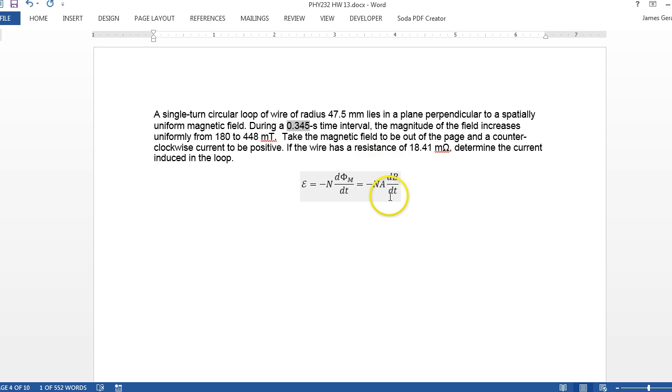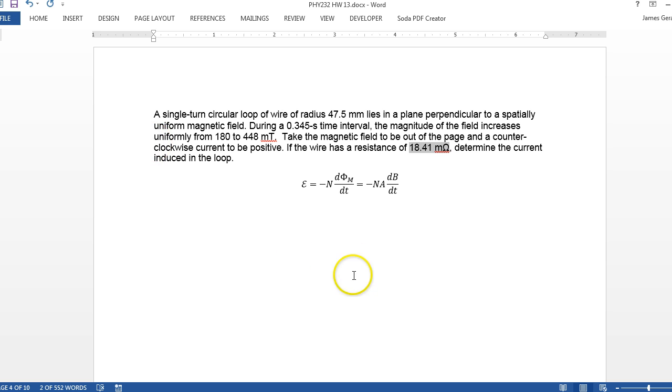So we know dB/dt, we know the area, we can calculate the area, right, πr². Make sure you convert that to meters, make sure you convert that to Tesla, and we know it's a single turn circular loop, so N is 1. That gives us the EMF. Once we have the EMF, right, we know the resistance, 18.41 milliohms, have to convert that to ohms, determine the